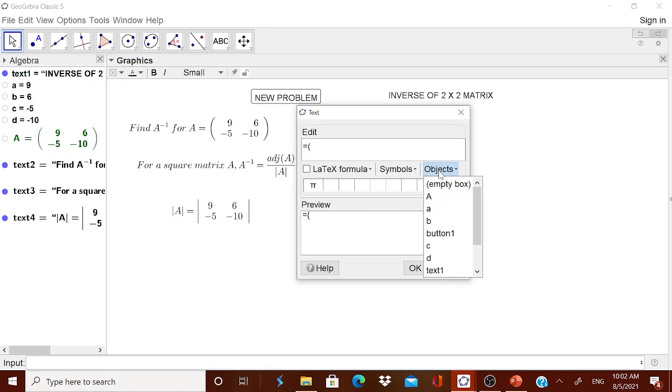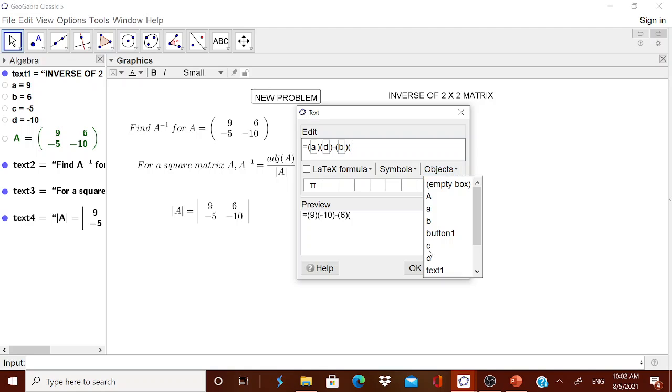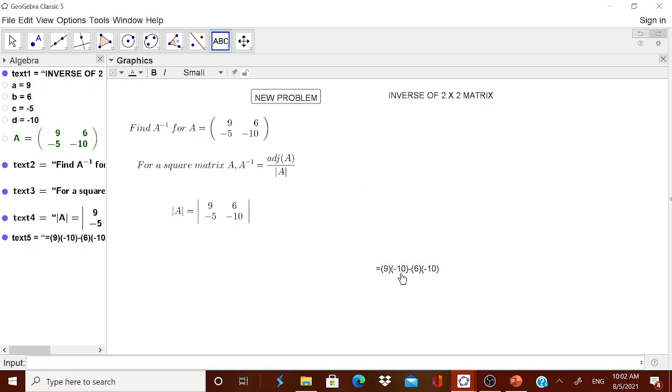Bracket, then object A, then bracket, then object D, then minus of, again bracket, then object B, into, again bracket, then you have to go for the object, that will be D. Okay, now you got the idea.